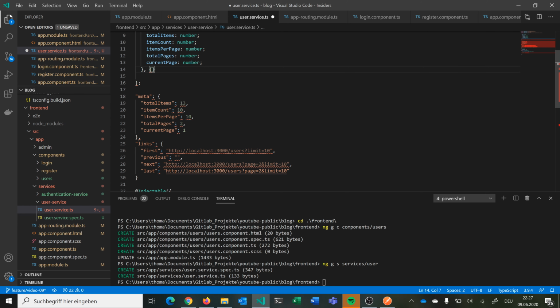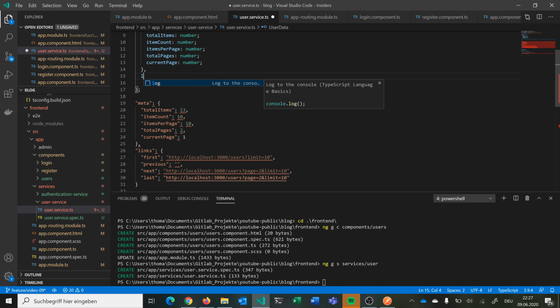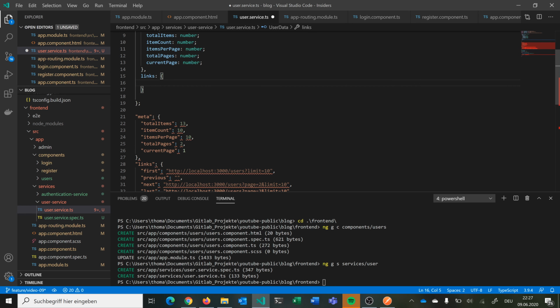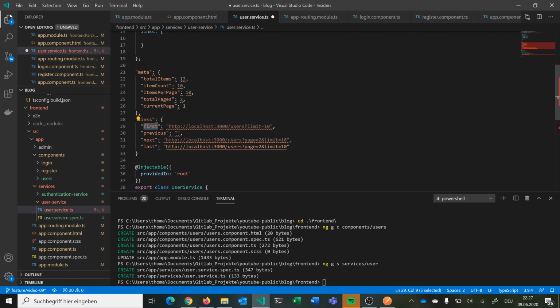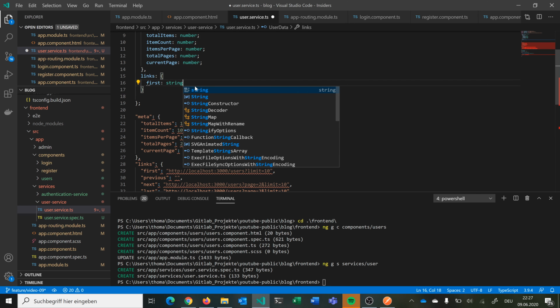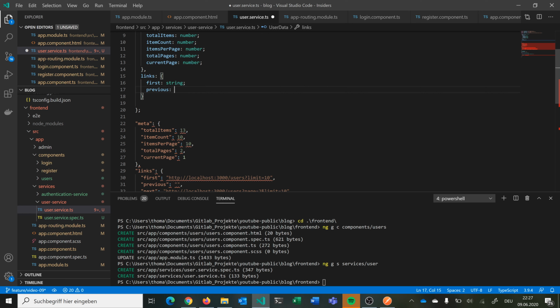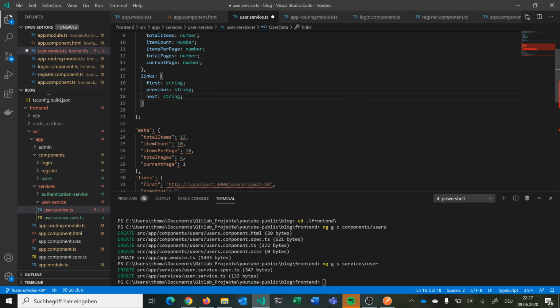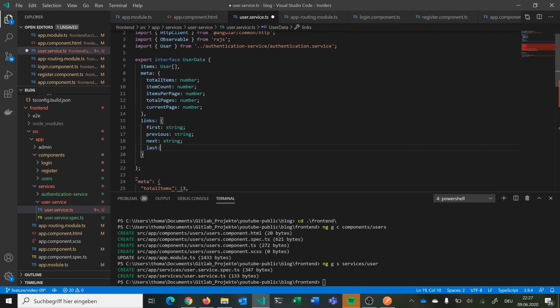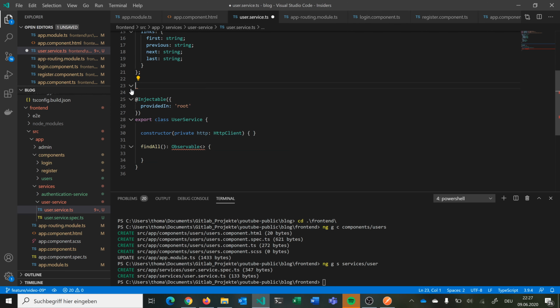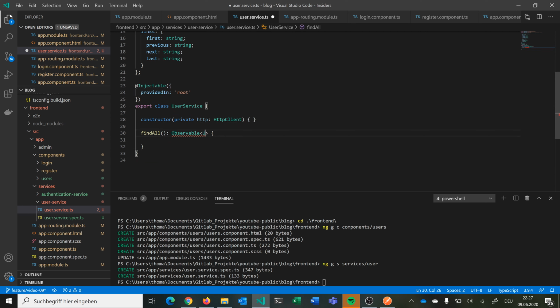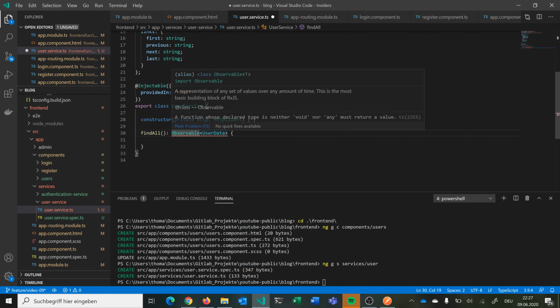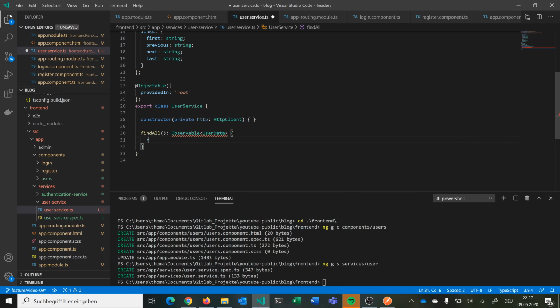And then we have our next object, which is links. And then we have first string, previous string, next string, and last string. And so now we have our interface that we need. And we can just say we want to return our user data, or from type user data. And then we return something. And what we want to have here